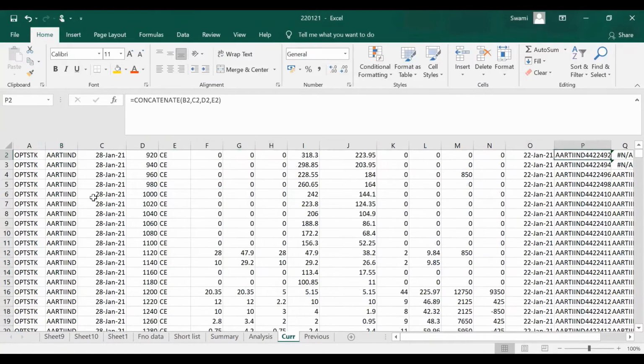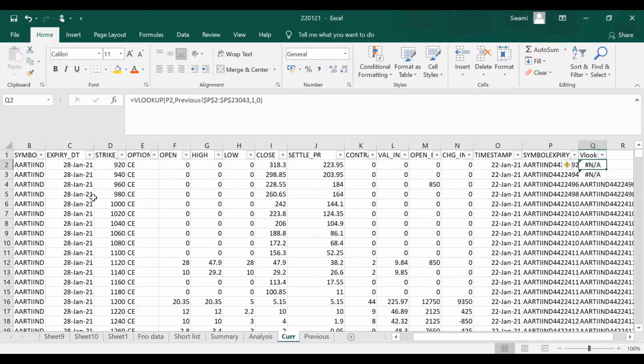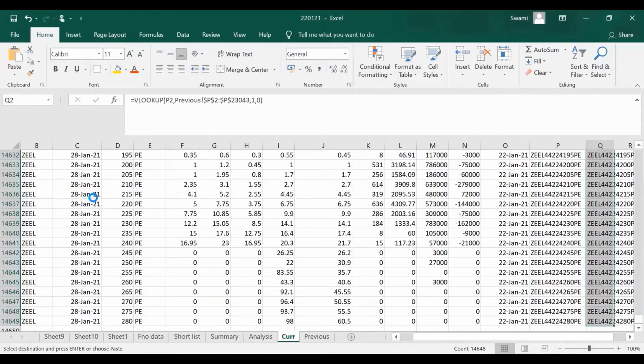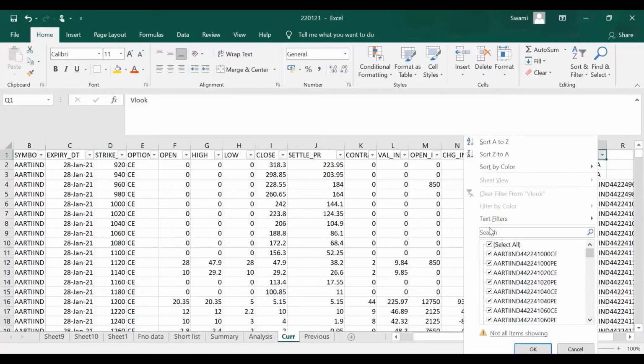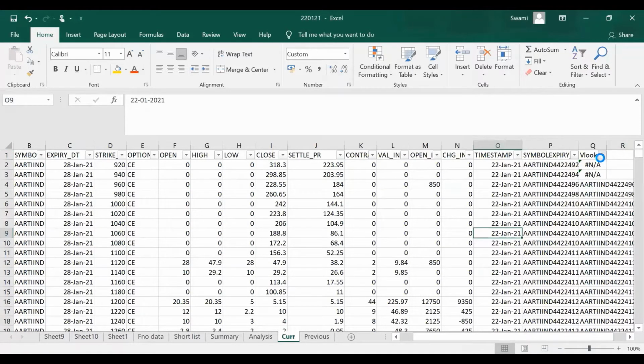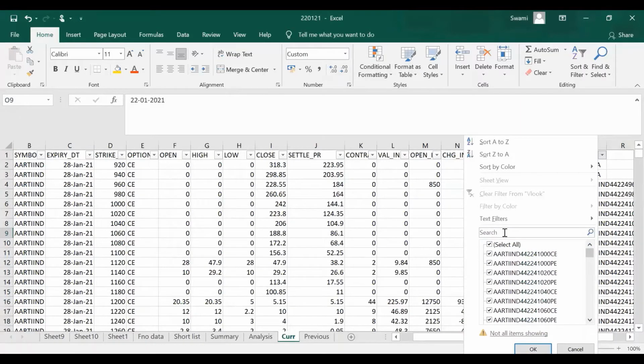So for doing an analysis about what has happened with volume and what has happened with price, we have to ensure that both of them are the same and consistent. That's why what we basically use is a VLOOKUP sort of a thing, where both the sheets have the